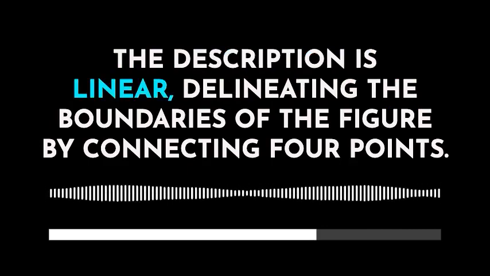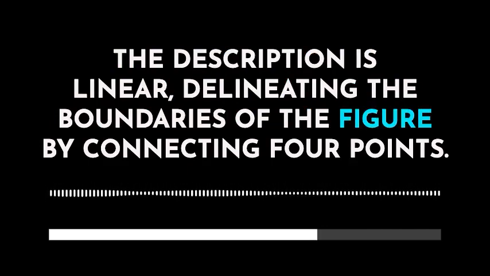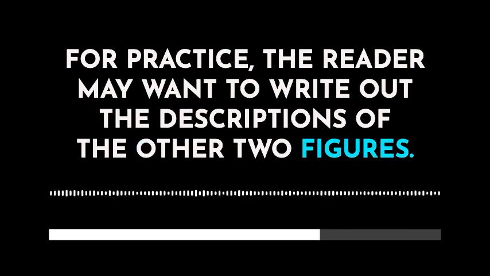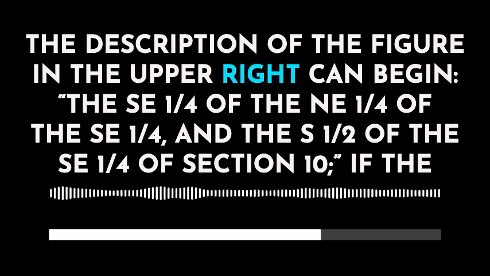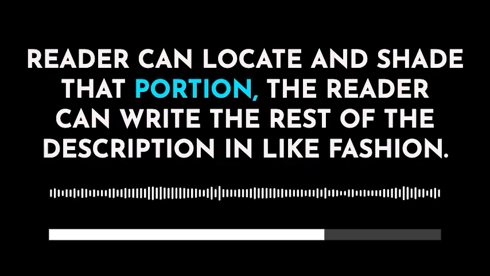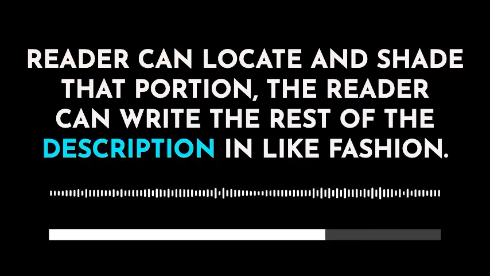The description is linear, delineating the boundaries of the figure by connecting 4 points. For practice, the reader may want to write out the descriptions of the other 2 figures. The description of the figure in the upper right can begin, the SE quarter of the NE quarter of the SE quarter, and the S half of the SE quarter of section 10. If the reader can locate and shade that portion, the reader can write the rest of the description in like